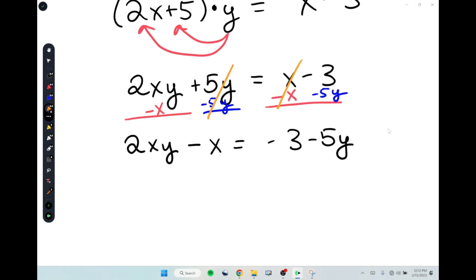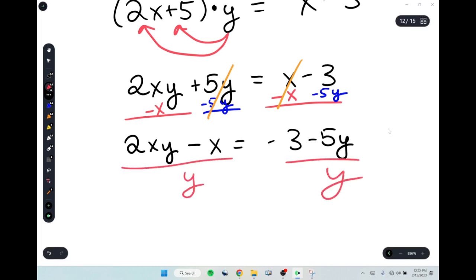Well, we still don't have x by itself. Divide by the 2. Divide by y? I'm okay with it. You're allowed to do that. Does that help us get x by itself? Actually, maybe. It cancels out this y, right? But then we would end up having an x over y on the right side. It's really not